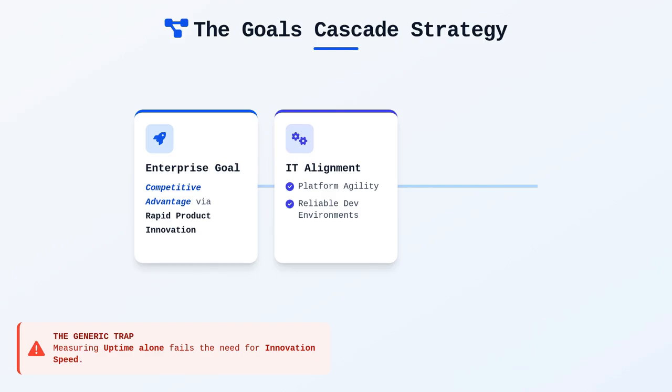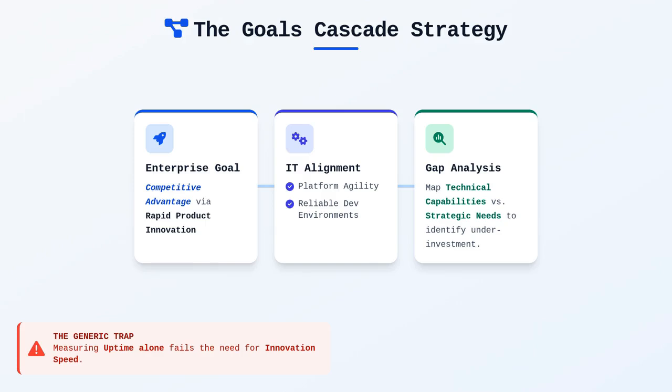This is why the selection and weighting process is so fundamental. It forces a deliberate alignment between the technical performance of systems and the unique strategic position of the enterprise. You essentially map your current technical capabilities against these alignment goals to identify gaps. If a particular alignment goal is under-indexed, the organization is effectively choosing to underinvest in that area, which provides a clear audit trail for why certain systems might be neglected in favor of others.